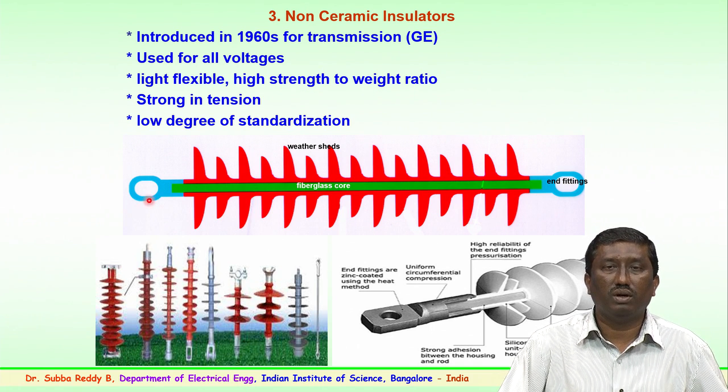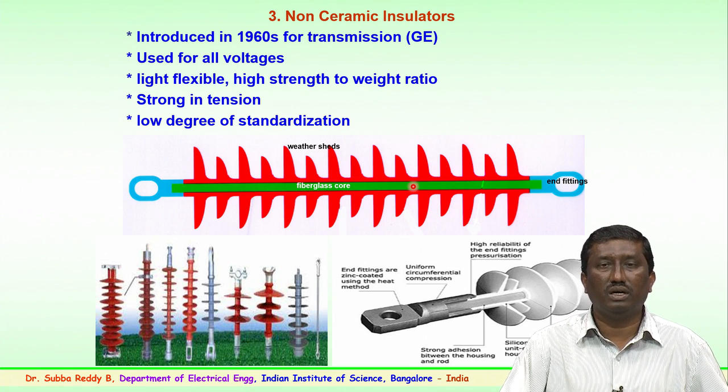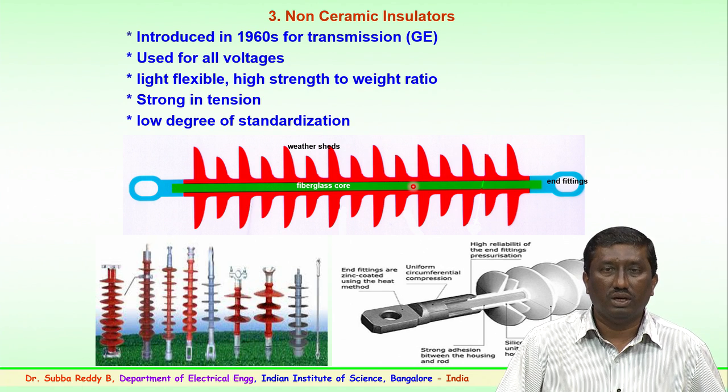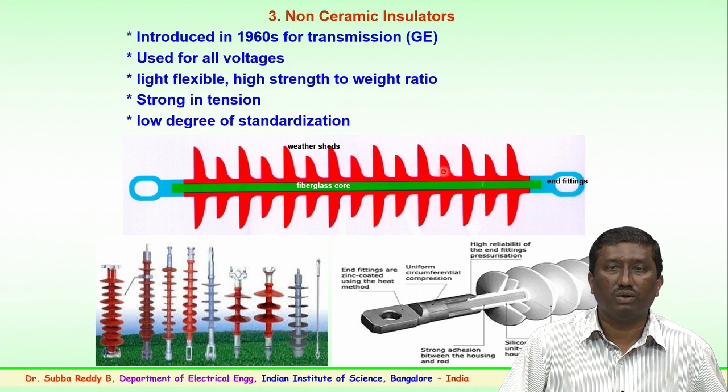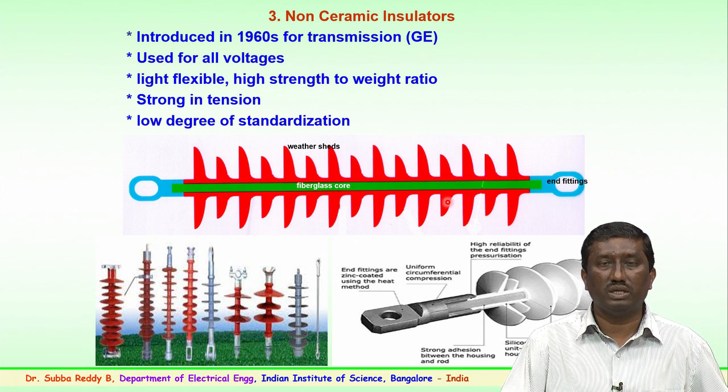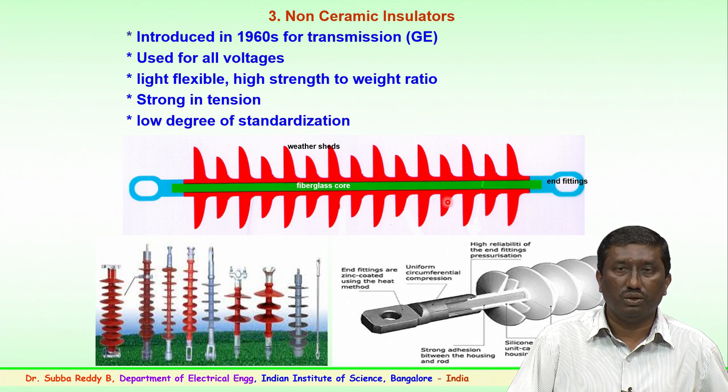Later on, with the help of liquid injection molding, the silicon rubber or polymer sheds, or weathering sheds as we call them, are molded on this fiberglass rod. Again, the length and the type of metal fittings depend on the voltage level at which the insulator is being used,